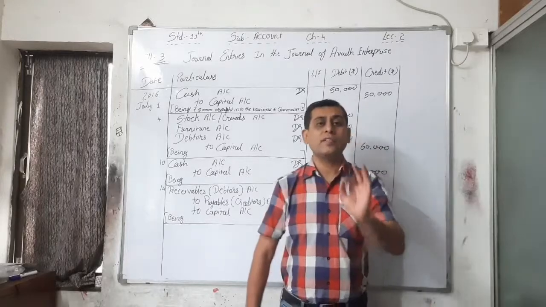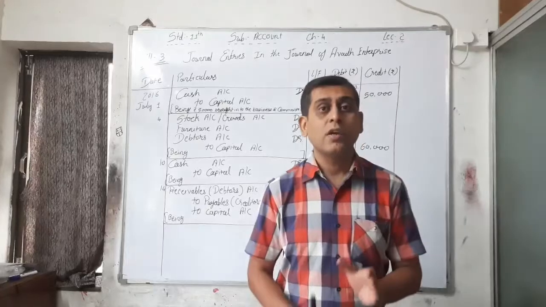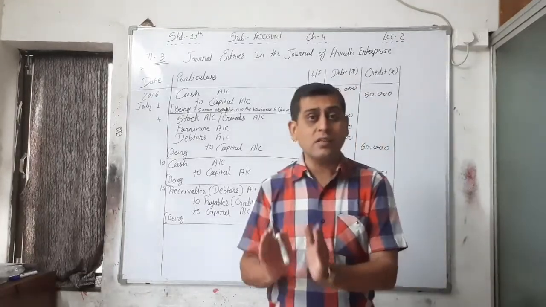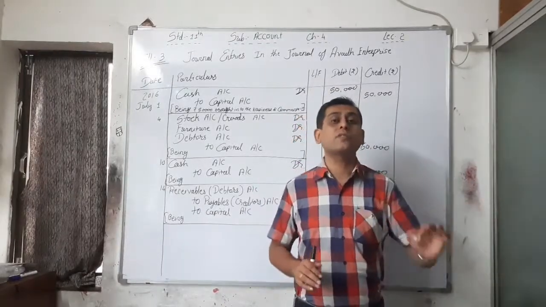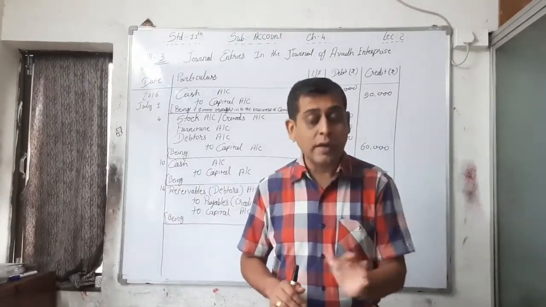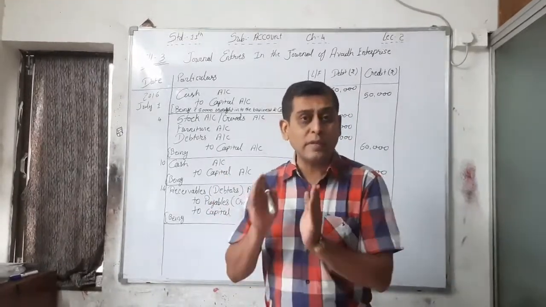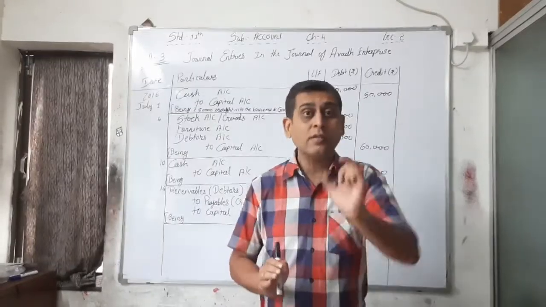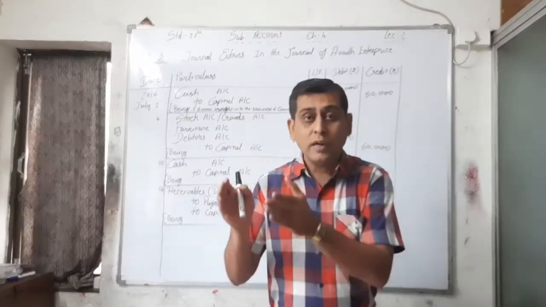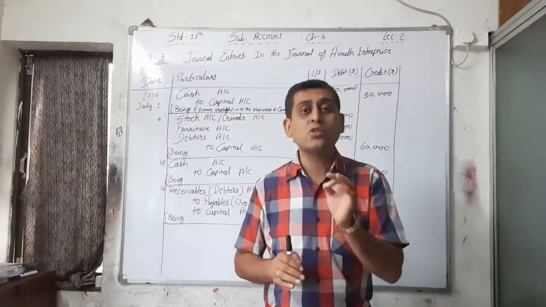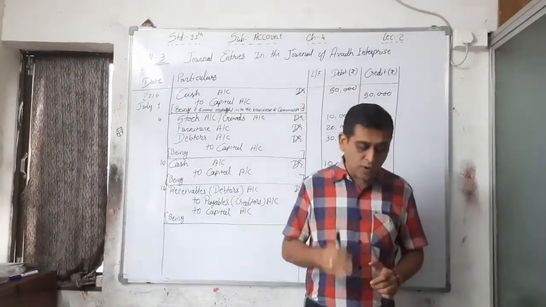See, income tax is also the owner's personal expense. Income tax of the business is a business expense, but this income tax is the personal expense of the owner, right? And that's why if it is paid from the business cash or the business bank, it will become a drawing for the owner. Whatever is taken from the business is called a drawing, right? Here income tax paid, rupees 500.